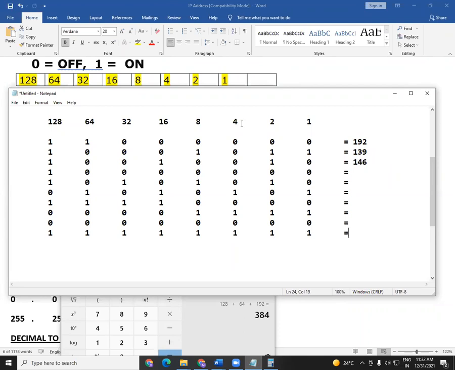Done. Take your time. You have a couple of minutes. Everything is clearly there on your screen. Wherever there is a bit value of 0, it is off. Wherever there is a bit value of 1, it is on. So just see the bit values and do the binary to decimal conversion. You have a couple of minutes, and meanwhile I'll do the calculation here, and then we can compare our answers. Okay, good luck.